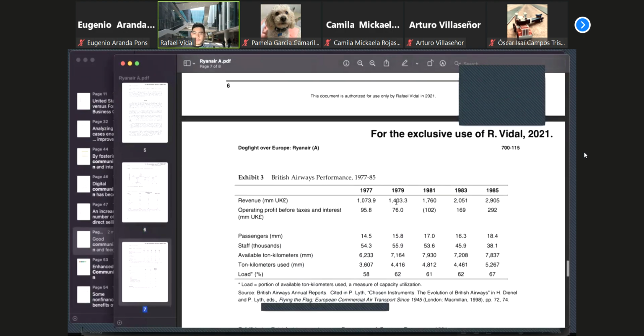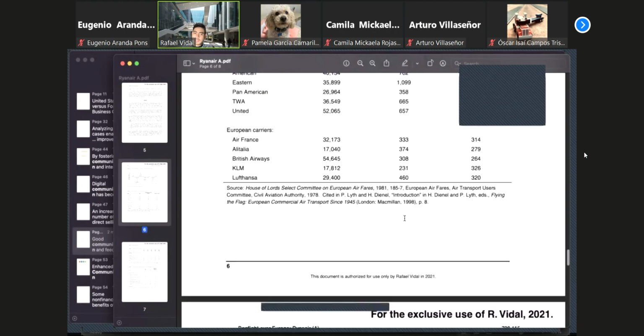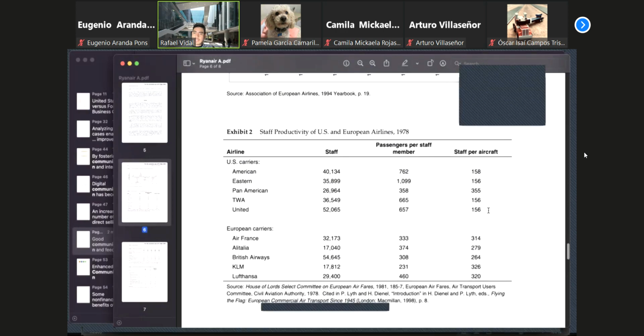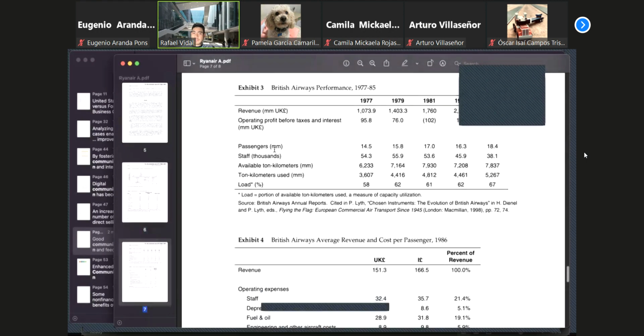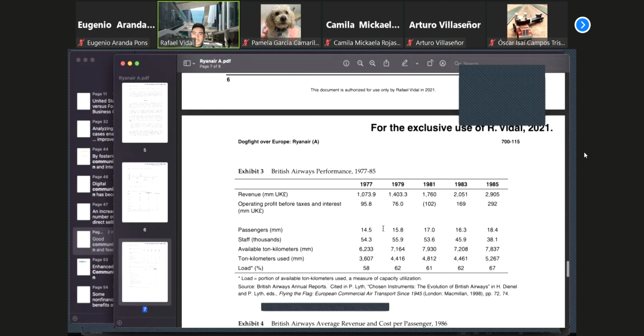Exhibit 3. We have passengers, we have staff. We need passengers and staff. We don't have aircraft, actually. So we are not going to use this productivity index or definition. We're just going to use this productivity definition, passengers per staff member. And we have here how passengers and staff members have moved over the years. So passengers increasing, staff